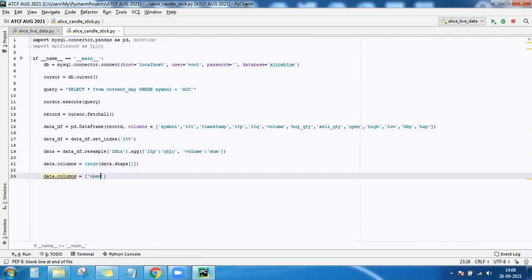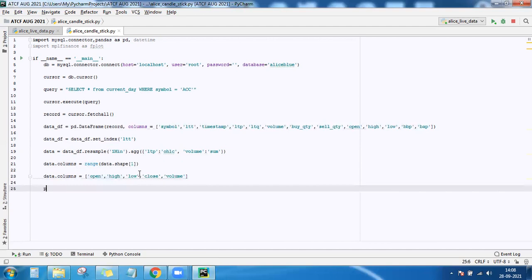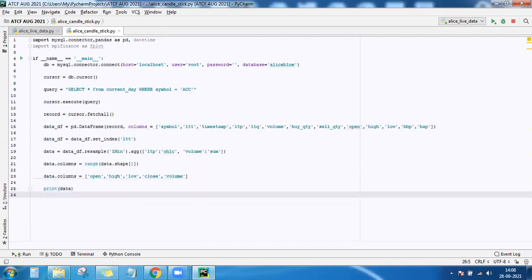Open, high, low, close and volume. So these are the new column names that we are giving and you can print the data for your reference. And after you get the data, print it.